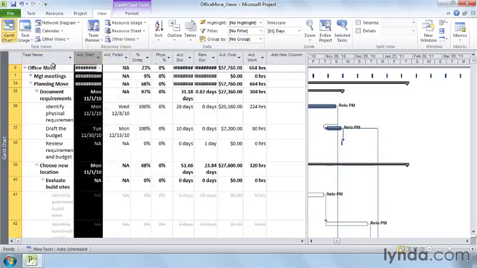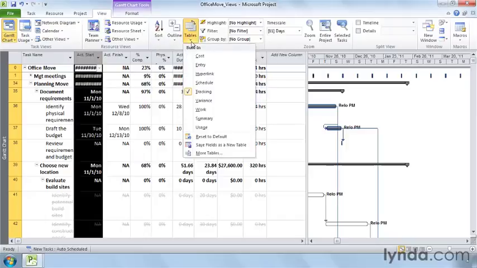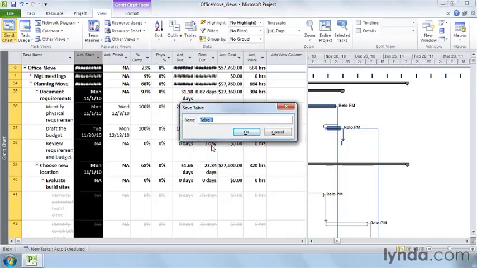Project keeps the changes you make to a table in your project file, so the table looks the same way the next time you apply it. If you want to save the modified table as a new one, click the View tab. Click the table's down arrow, and then choose Save Fields as a new table. In the name box, type the name for the table